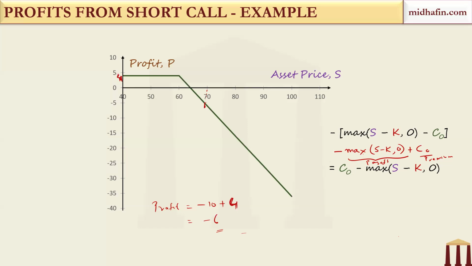Okay, if we were holding the asset, then we can say it would be a virtual loss, because if we had sold in the market, we would have got 120. But the problem is that since we are not holding the underlying asset, first we have to buy it at the market price and then we have to sell it. So, sir, why do people get into such risky short positions